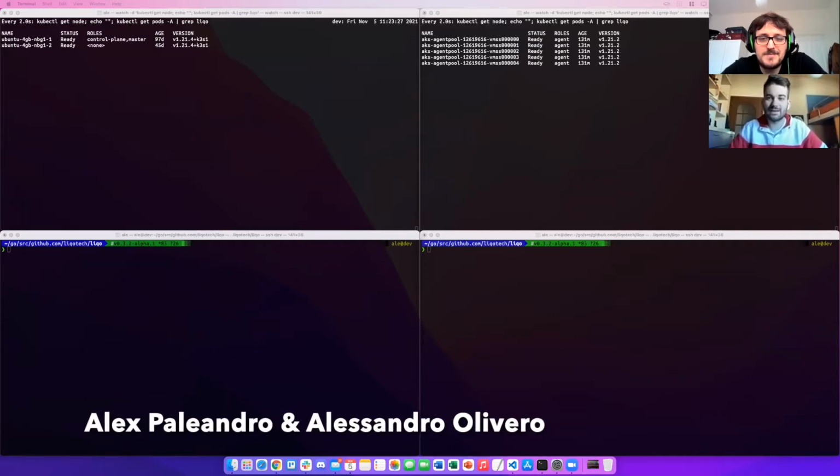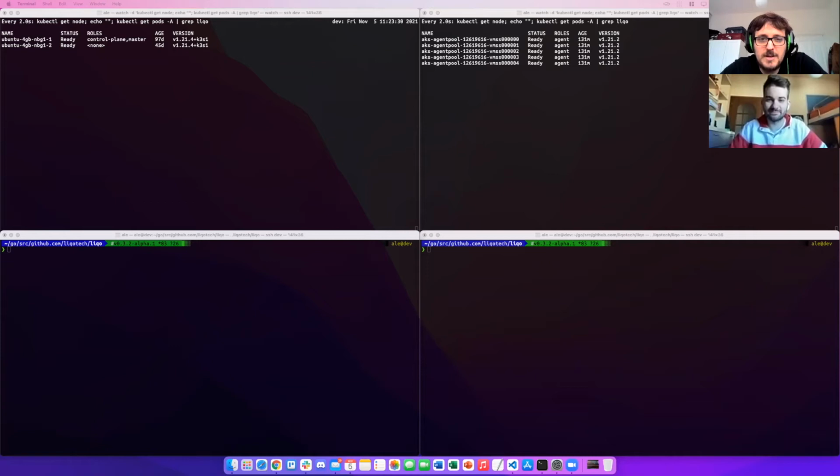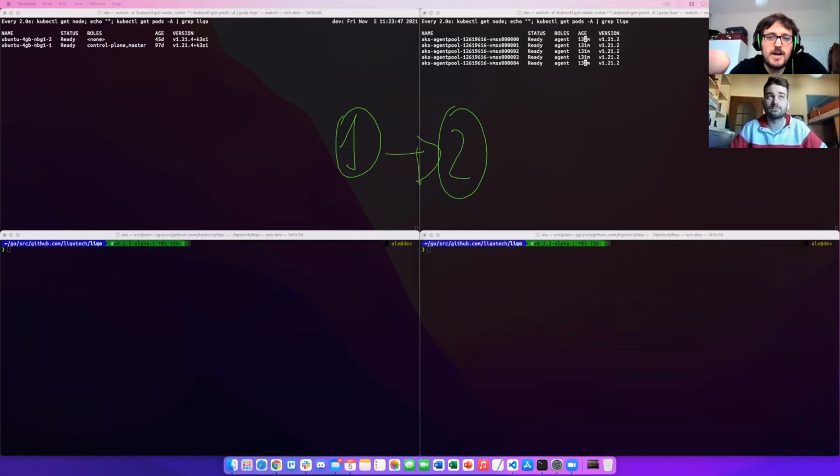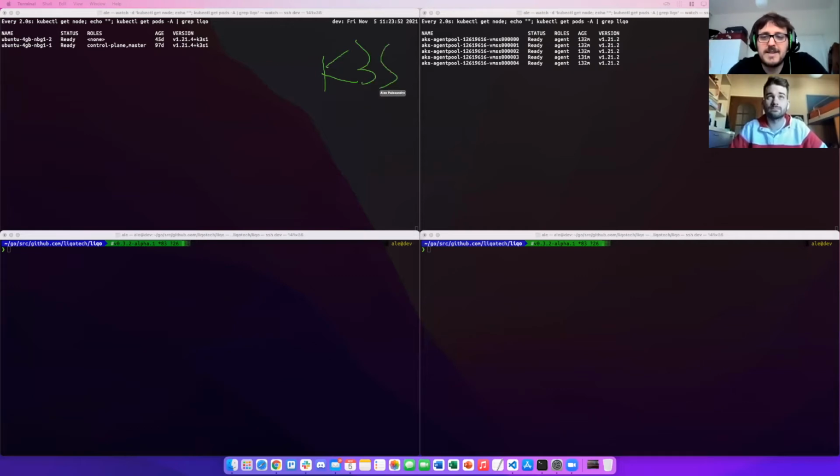Hi, Alessandro. Hi. So today we will talk about service and service replication. In particular, we will see how Lico can allow you to replicate a service from cluster 1 to cluster 2 with really low frictions. To do so, we will use two clusters on the cloud, one which is a K3S cluster and another one which is an AKS cluster. The first one is in a VM and the second one is on Azure. It is a managed cluster.